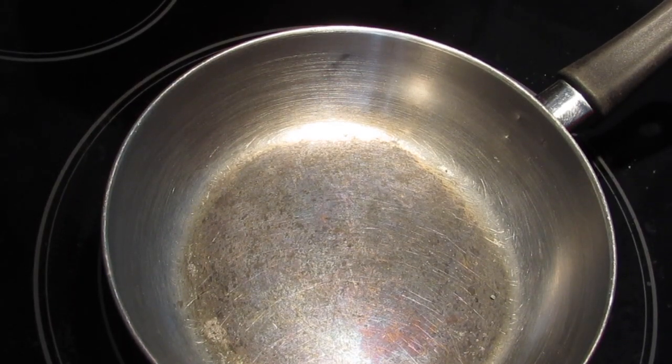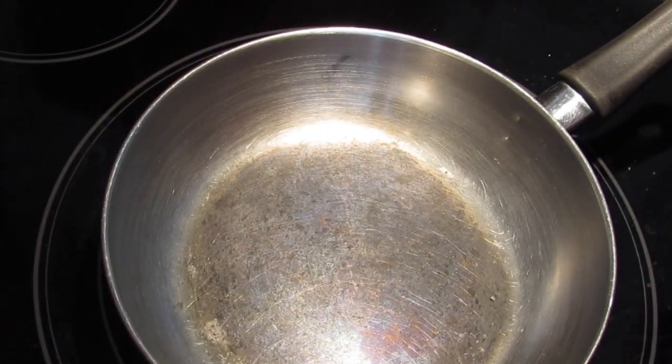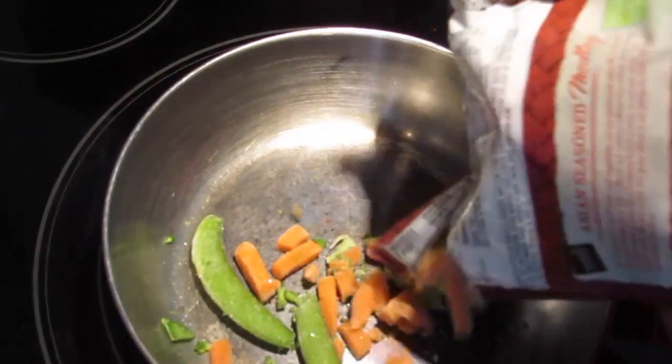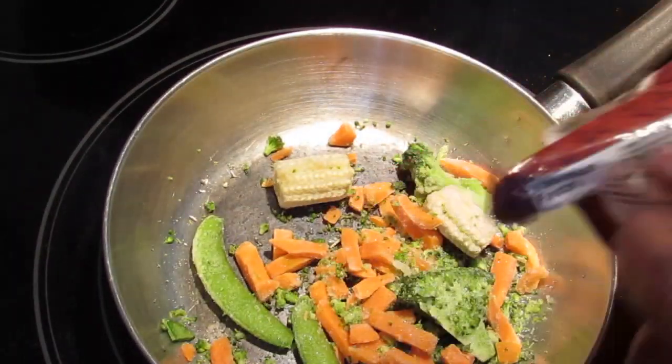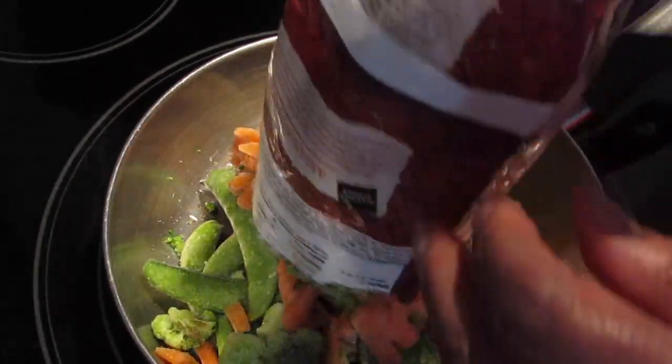Okay, so I'm going to make some vegetables. I'm going to make frozen vegetables. Steam them and season them maybe. Just open it. Put it in the pan